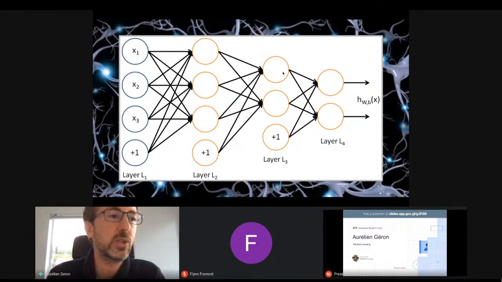Basically, initially, we used to use a threshold. Like if the weighted sum is above 10 or something, then you output 1, or else you output 0. So it used to be a threshold like this because it was inspired from the brain. The brain seems to have this kind of threshold behavior. So that's how they modeled the artificial neurons.